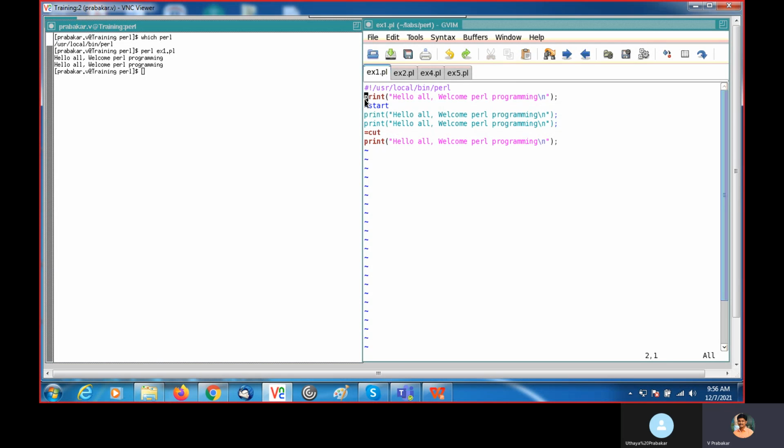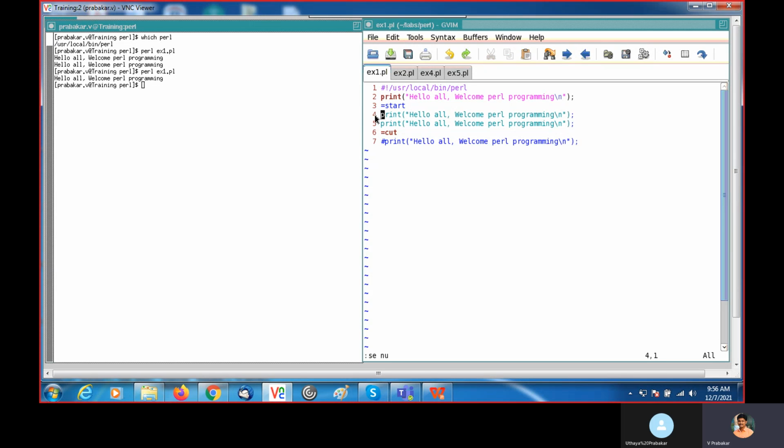Here, if you want to comment a particular line, you can use hash. Executed, I'm getting one time. If you want to comment multiple lines, you can use this method. Line number 3 to 6.